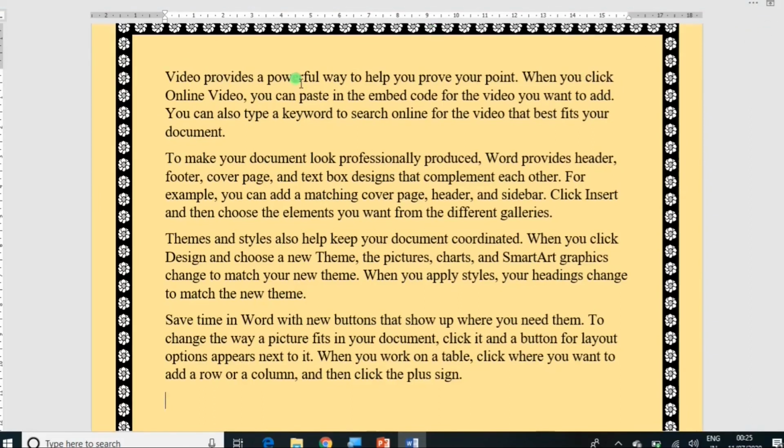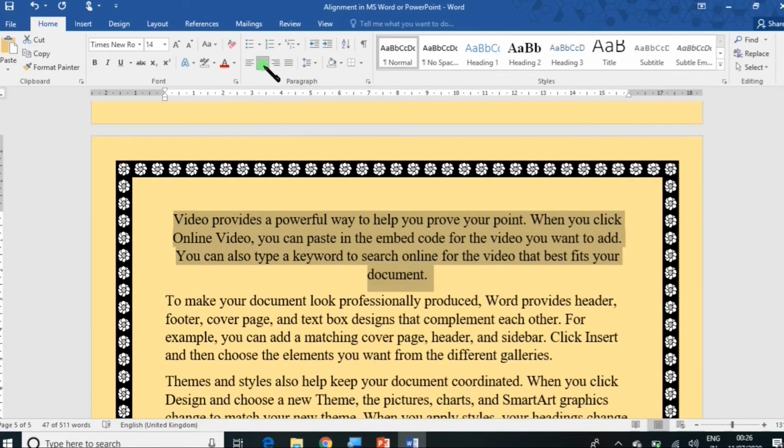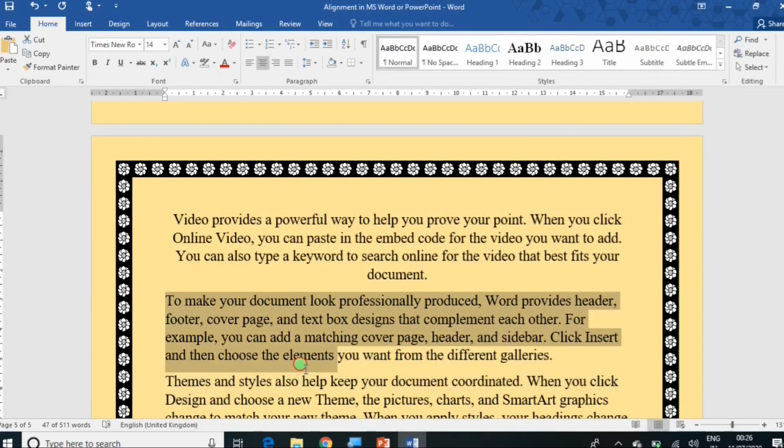Now, by default, all the alignment is in the form of left alignment. By default, all the texts are left aligned. See, in the Home tab, in the Paragraph group, you will see left alignment. Suppose if I want to change this particular paragraph to center alignment, you will see this particular paragraph change to the center, because if we draw a center vertical line, all the texts are divided equally. Now, suppose if I want to change this particular paragraph to right alignment, see what happened.